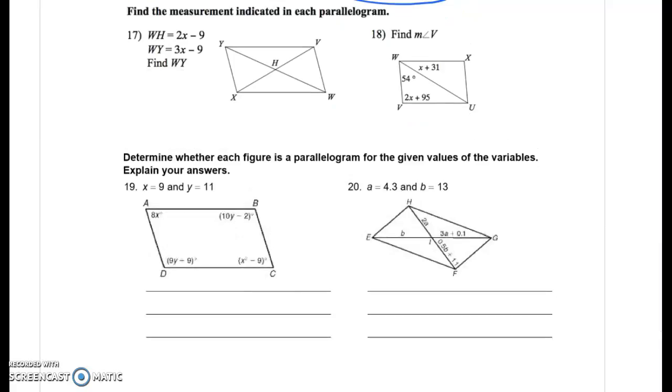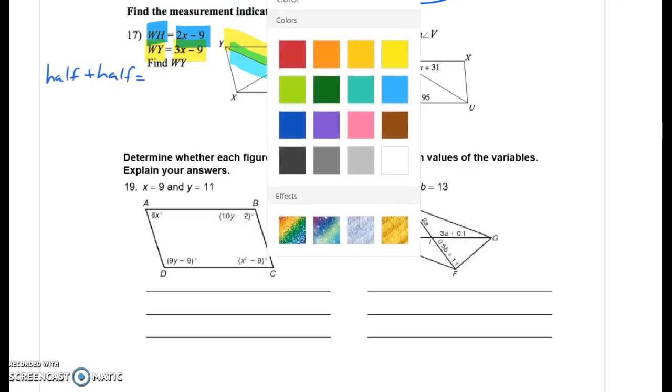For number 17, it says find WY, given that other piece of information. WH, this half, is this amount. WY is this thing. WY is the whole piece. So remember, if this is half, then this half is also the same. So let's write out that half plus half equals